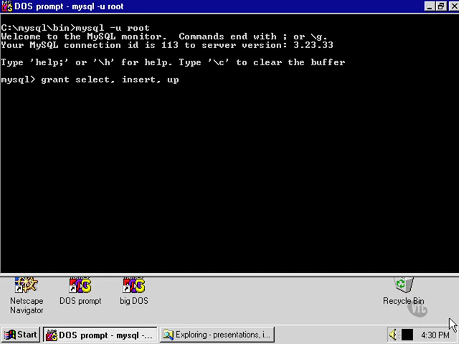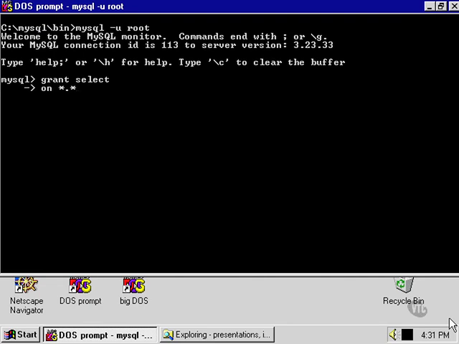We could allow them to modify but not to delete. Let's say just for now that we just grant them the ability to read the data but not make any changes to it. Then we need to specify to which table we are granting them access. We can specify